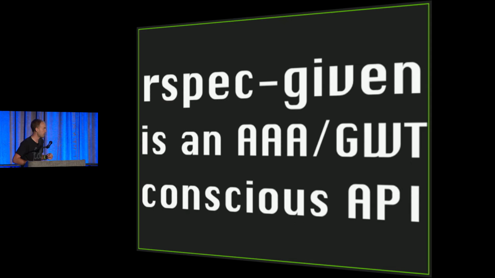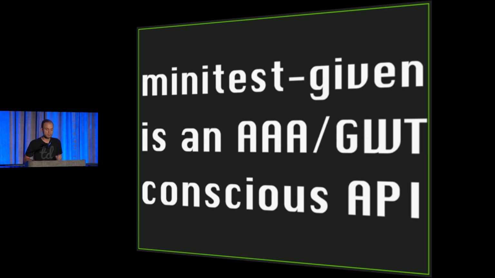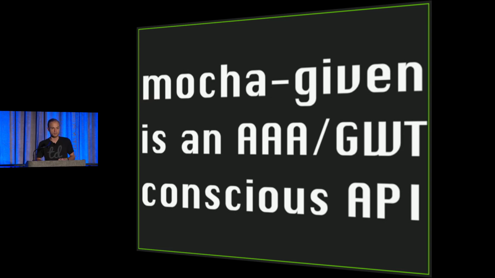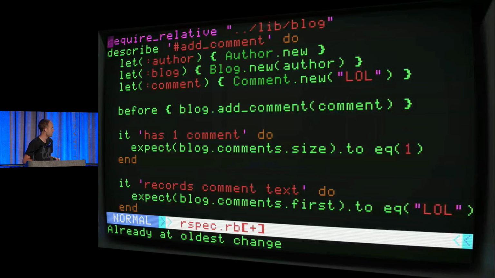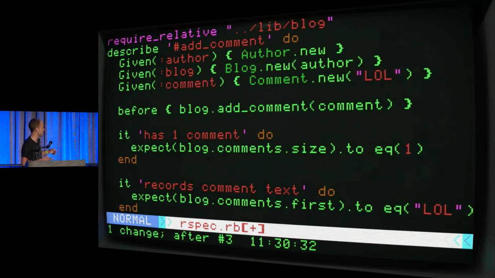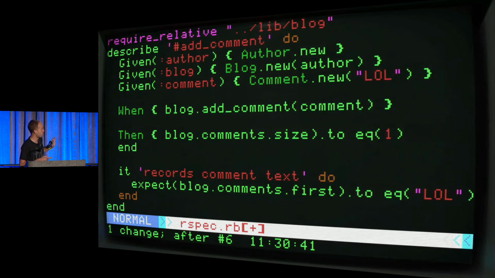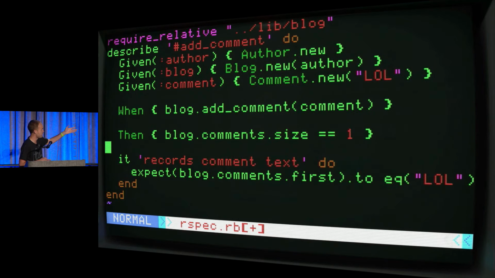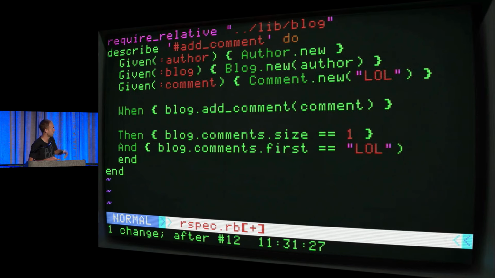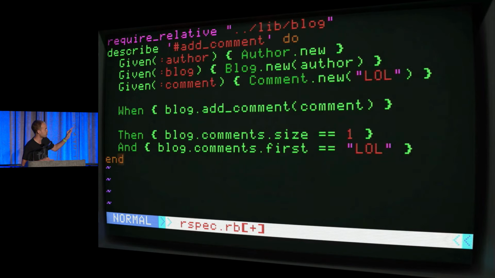The late, great Jim Weirich wrote a Ruby gem called RSpec Given. That is like a given-when-then conscious API. I loved it. He ported it to Minitest as well, and then later on I ported it to Jasmine, and somebody else ported it over to Mocha for JavaScript testing. What's cool about Given is you see the same RSpec test, all those lets become givens. It's straightforward. That before becomes a when. And it comes with this really terse but very effective assertion API. You just say then, and you give it a comparison. You can say and, and give it another comparison. It's actually going to interpret that code as new Ruby and give you really great error messages.